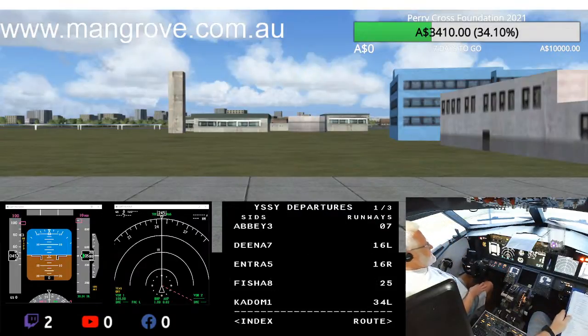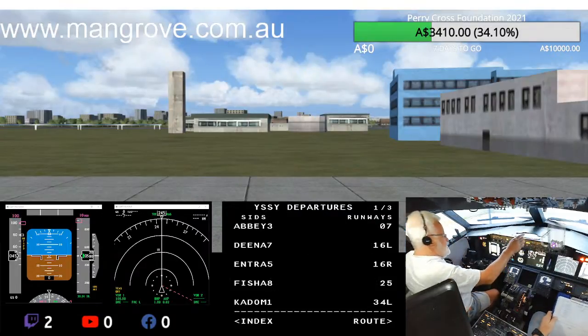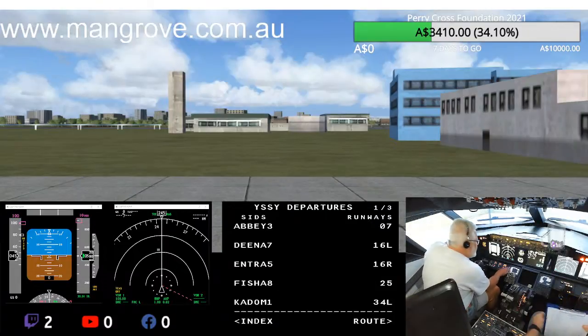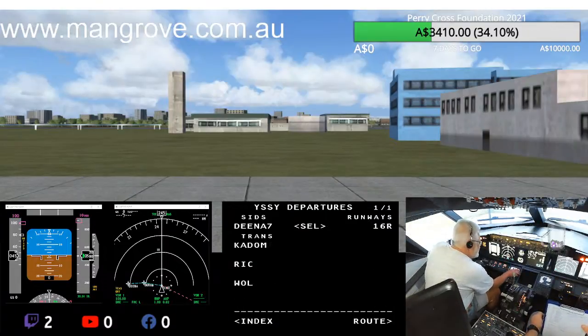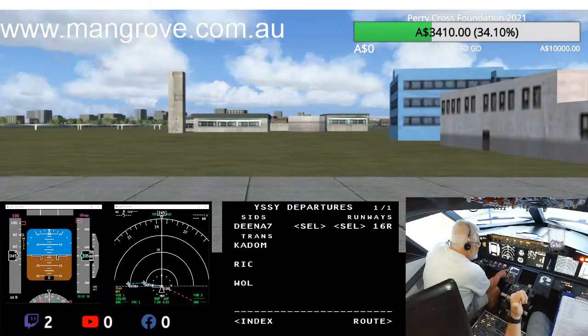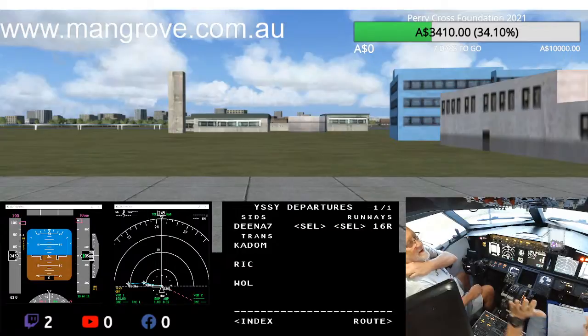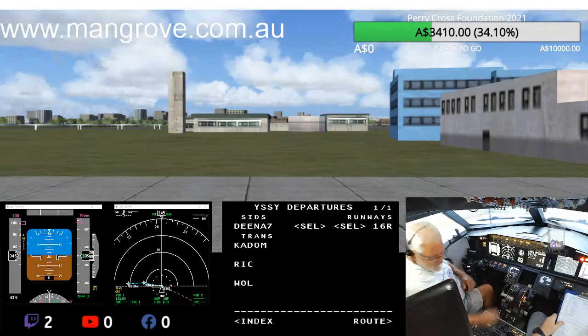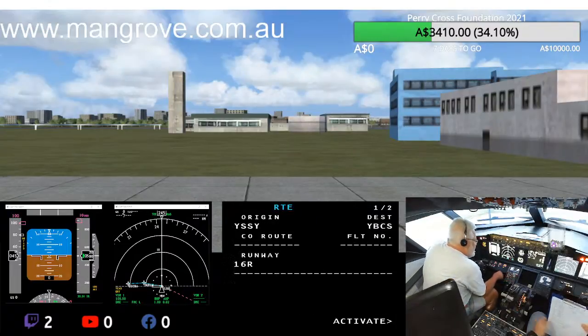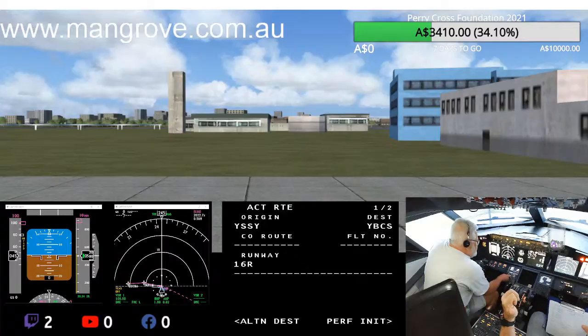That's all we can do with that for now. Alright, 16 right, Dina 7. Oh, it is, Cargolux 1801, that's right, request PDC readback as number 8. Wollongong transition? Or no? What's in your flight plan? I don't know. Your flight plan will be up there. But he didn't give you a transition. No transition. Oh, okay, so we'll just leave it. But that's what I say, it wasn't on your flight plan that you followed? No.